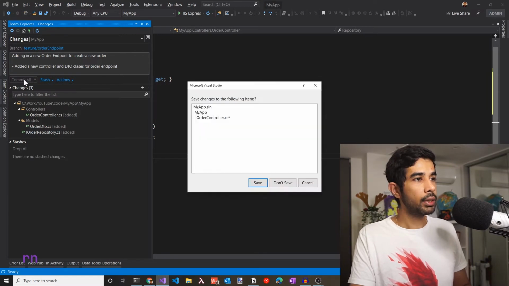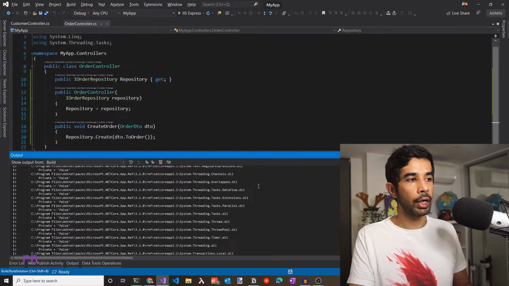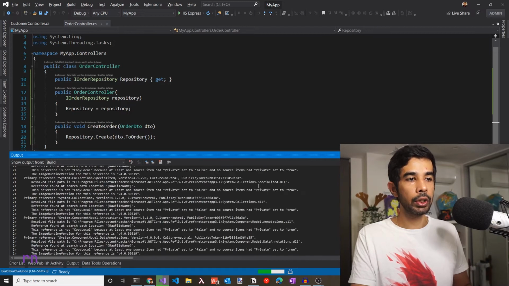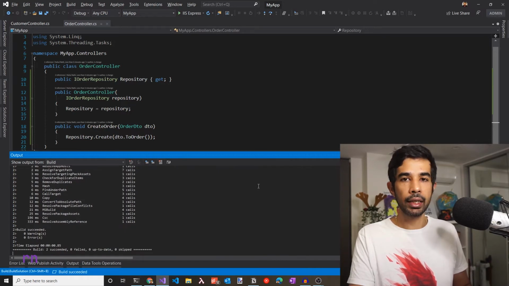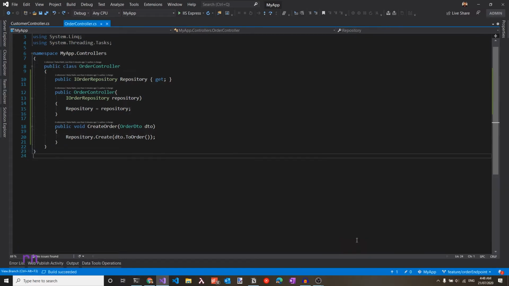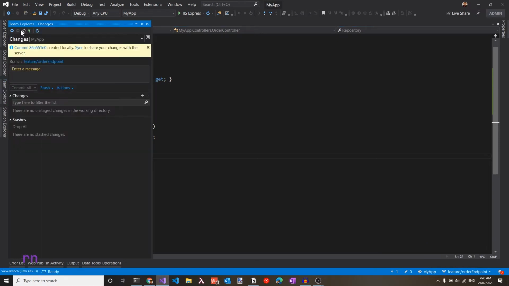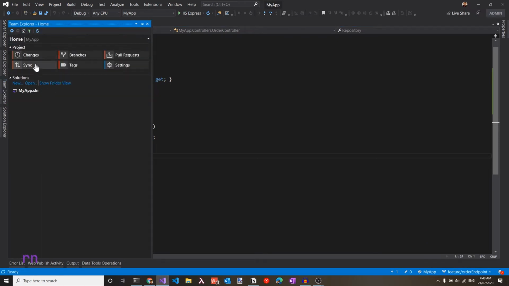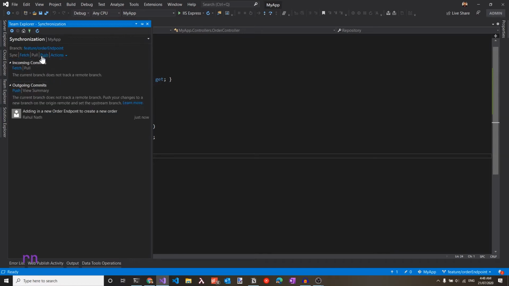Let's commit this and then push this into Azure DevOps. Let's make sure the solution builds and run any tests as part of the solution to make sure you don't break the build. Let's push this up into Azure DevOps. You could do that either by clicking the branch name on the right bottom corner of Visual Studio and using push, or also from the Team Explorer and going to the home page of the Team Explorer and going to sync and using push from here.